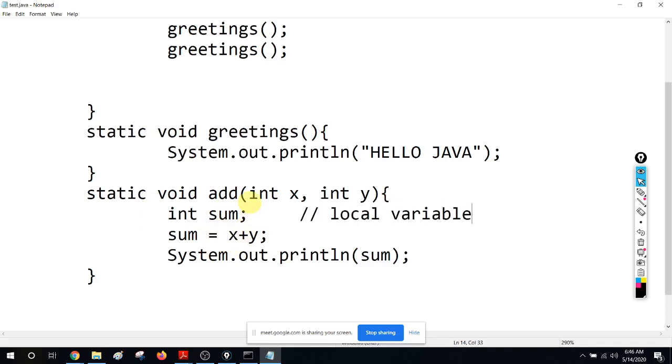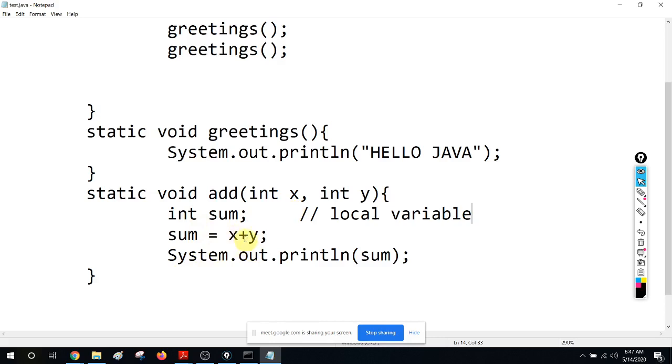Now you are gradually familiarizing yourself with the terminology. If you have a variable inside a method, those variables are called local variables. So this is a variable inside the method, therefore this is a local variable. These are parameters. Basically, parameters behave just like local variables. At runtime, parameters are just like local variables with initialized values.